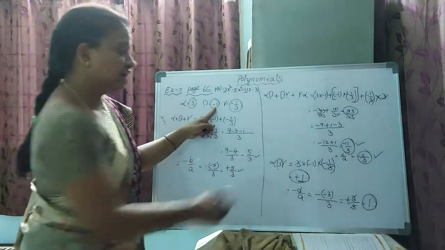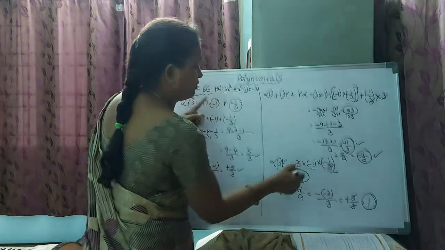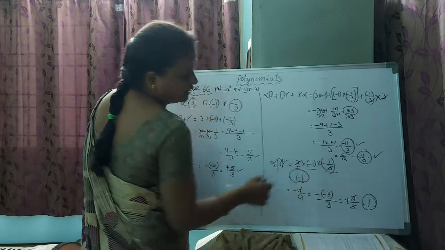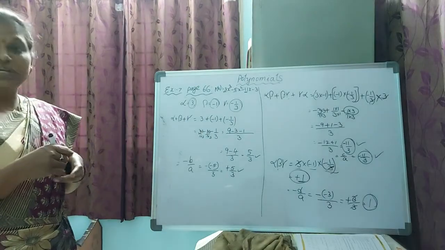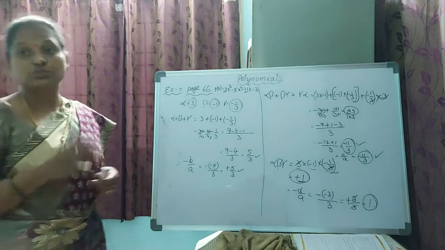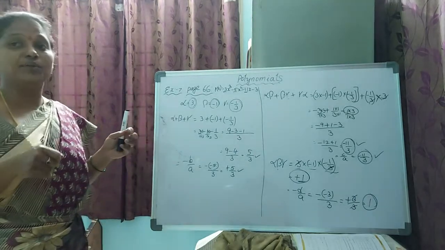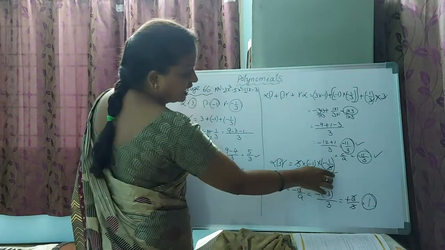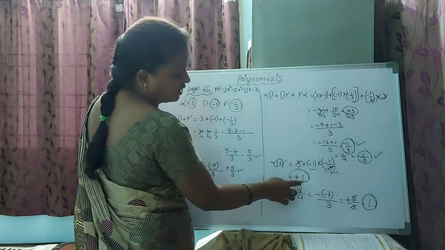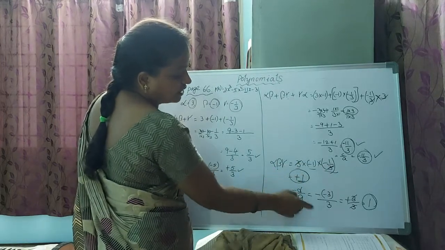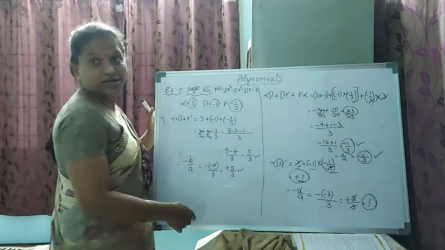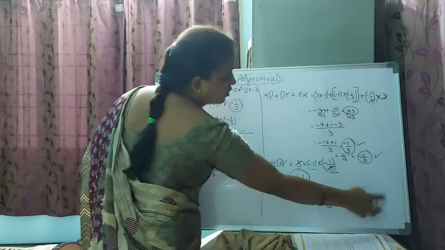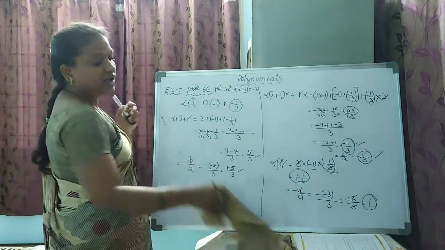Next, the product of these zeros. What is the product? Alpha, beta, gamma multiplied. Only multiplication. That's why I cancelled these threes. One numerator and one denominator, always remember, we have to cancel. We should not cancel two numerators or two denominators. We should not cancel like that. Any numerator, any denominator we can cancel. Minus 1 into minus 1 is plus 1. So plus 1 is the answer. According to our coefficients, if you verify with the coefficients also, minus d by a, we got 1. In this way we verified the example.